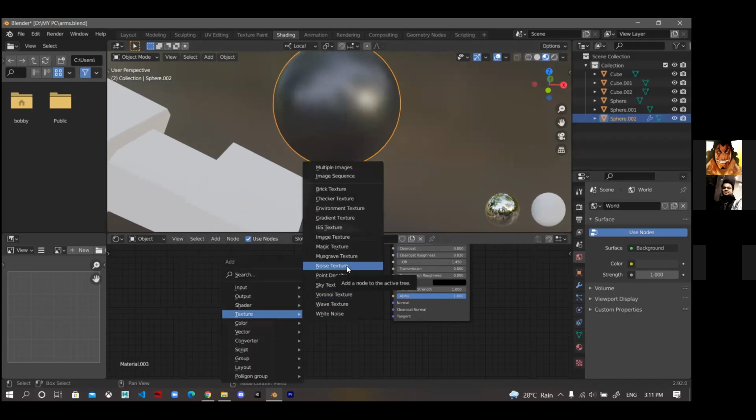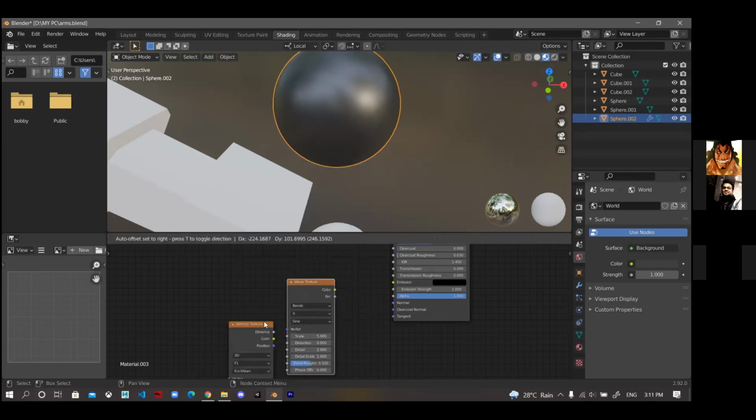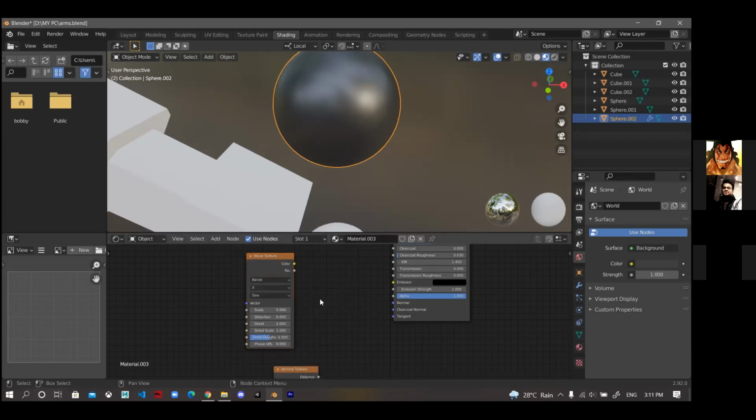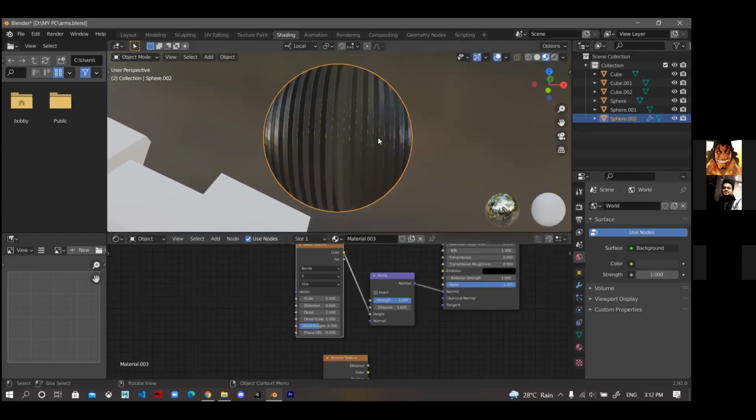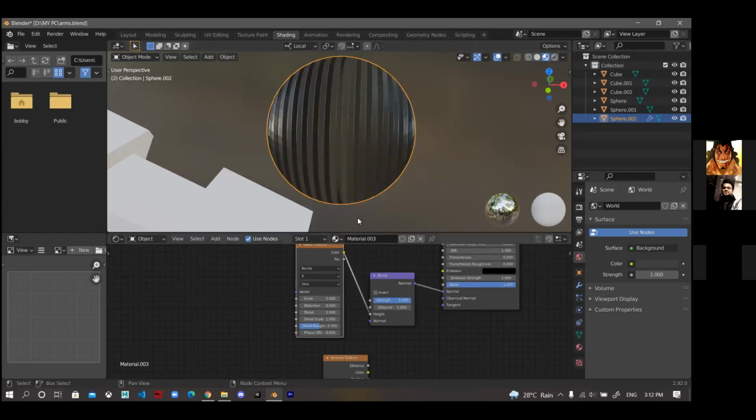Add a wave texture again. Let's see what happens when we combine both. I'm going to give a bump. Yeah, so this is the same wavy texture that we have seen.